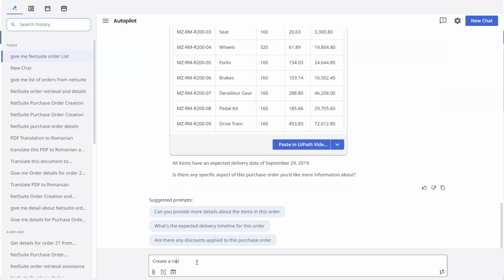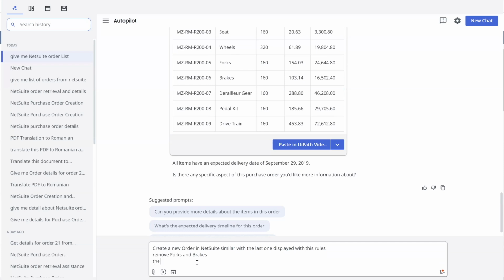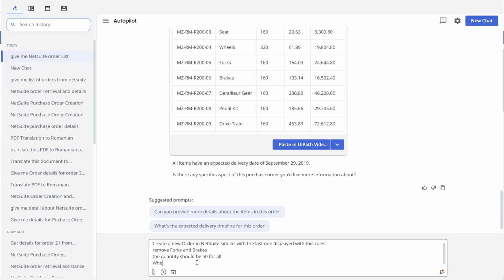I will now command UiPath AutoPilot to create a new order in NetSuite based on the previously displayed order, with the following adjustments: exclusion of forks and breaks, setting a quantity of 50 for all items, as compared to values of 320 or 160 seen previously, specifying a quantity of 8 for wheels, to test AI's rule interpretation capability, applying relevant rate adjustments. UiPath AutoPilot will analyze data from the previous order, interpret the established guidelines, and implement all modifications